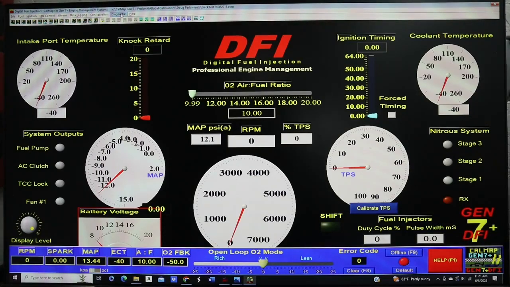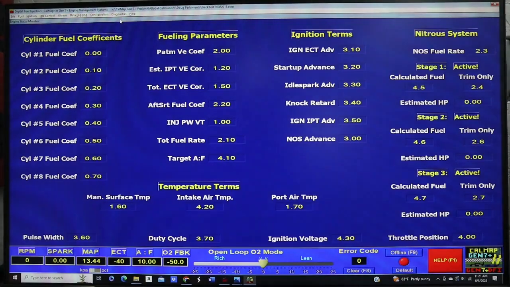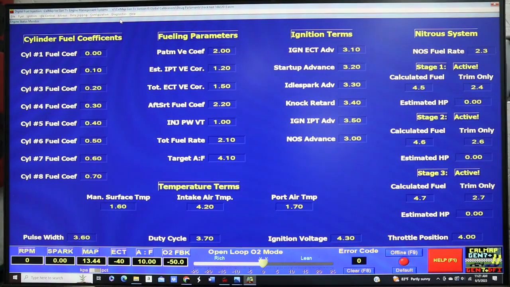So you've got diagnostics. These are really good when you got a car and you got an issue, you can't figure out what's going on with it. This basically is telling you what your sensors are reading, ignition timing and such. If you have anything calibrated for nitrous and stuff, just a kind of quick overview. You can look at everything and say, okay, yeah, that looks good. Throttle position, ignition voltage, all those things will,